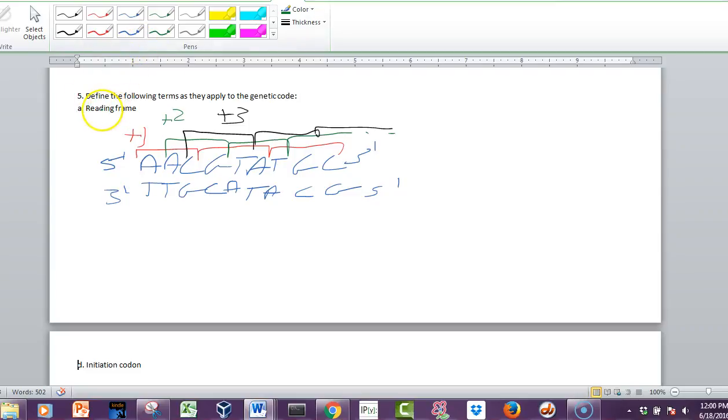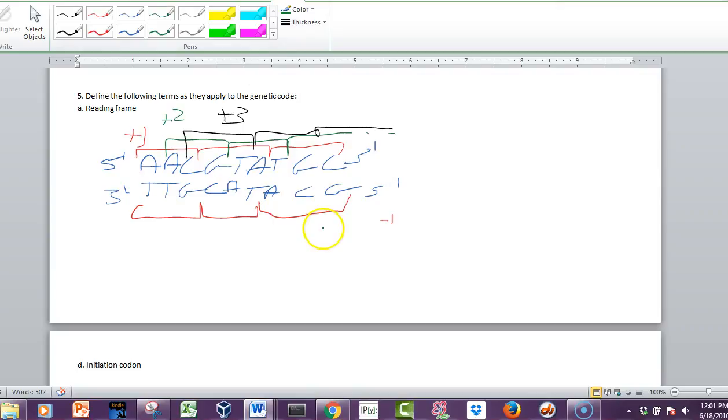However, we don't know. A gene could be transcribed either left to right or right to left depending on where the promoter is, and then that's going to make an RNA, and that RNA can be translated. So without knowing anything else, we could easily transcribe this DNA sequence from right to left. That means that if we went right to left, then this bottom strand would be the RNA-like strand, and we would have 3 possible reading frames on that side as well.